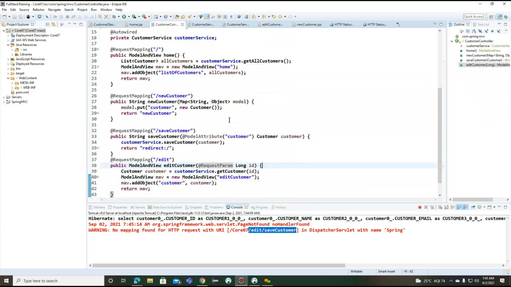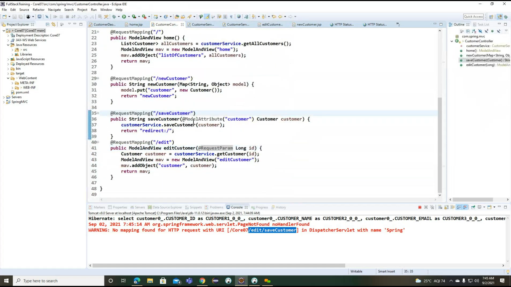What we can do, we can go to this particular controller class. Here, value.